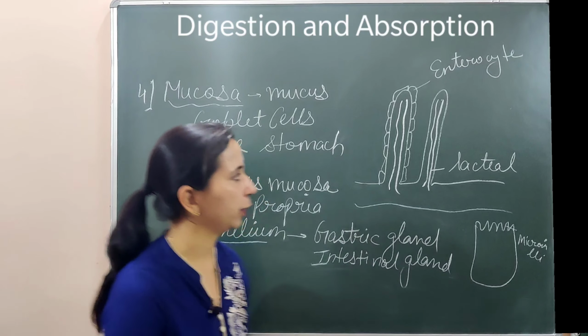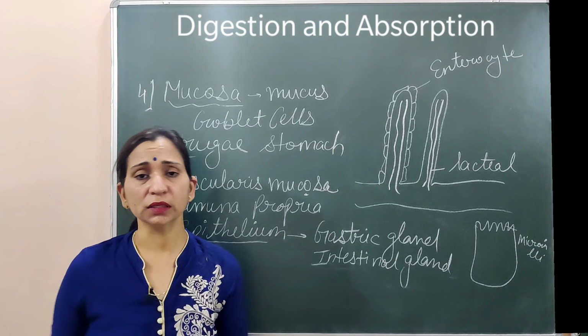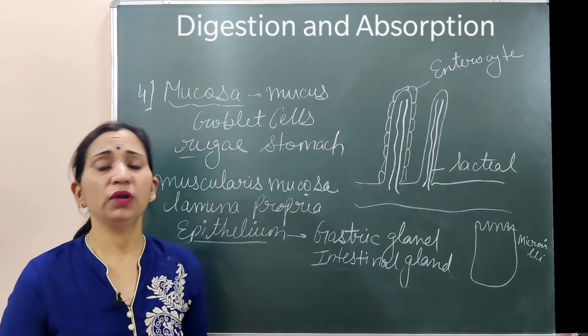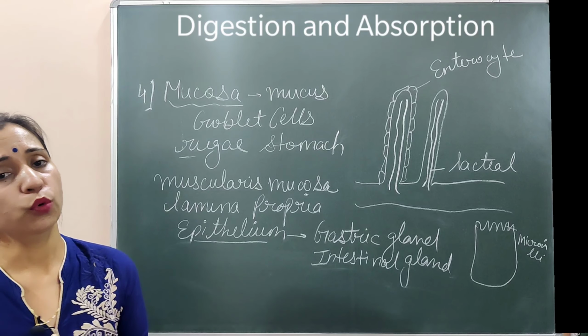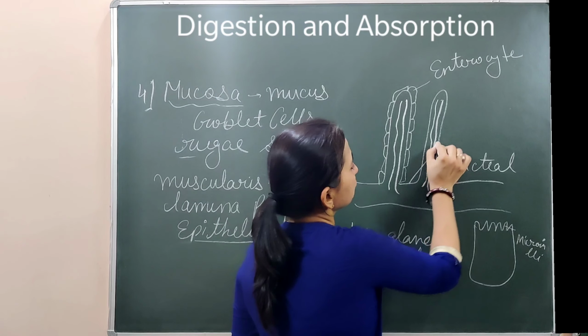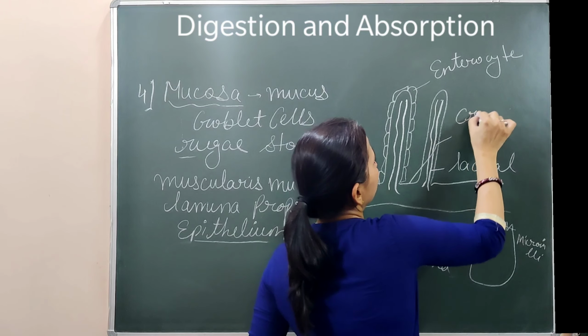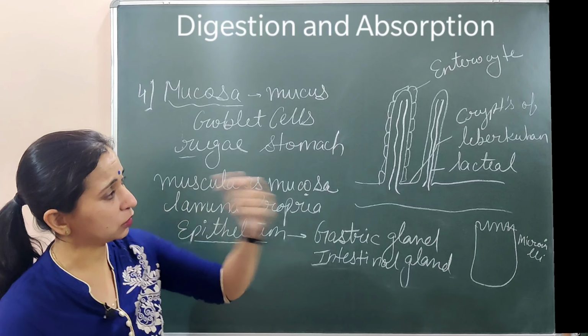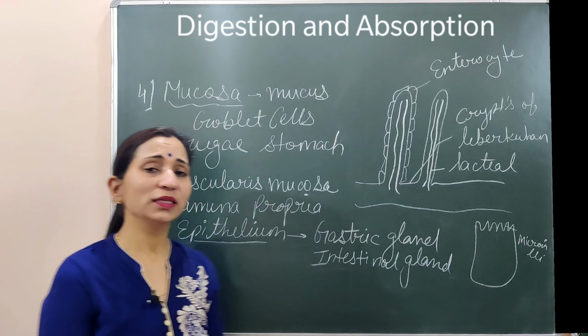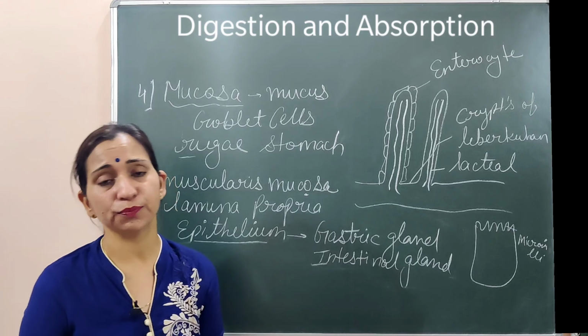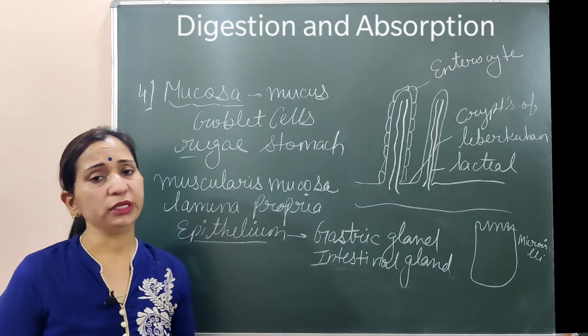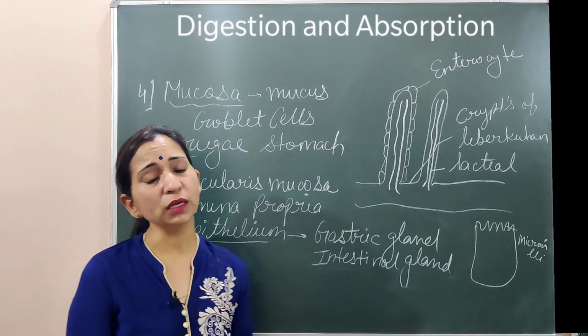So this is microvilli. Now in the intestinal region between the villi, these crypts, their structure which you can see, these are the crypts, and these crypts are known as crypts of Lieberkühn. इन्हें हम बोलते हैं crypts of Lieberkühn. These crypts help in the secretion of digestive juices. यहाँ पे digestive juice जो intestinal juice का secretion हो रहा है, it gets done with the help of the crypts of Lieberkühn.